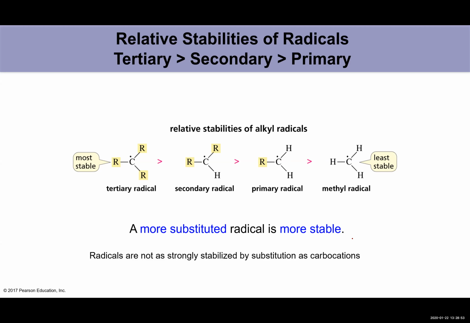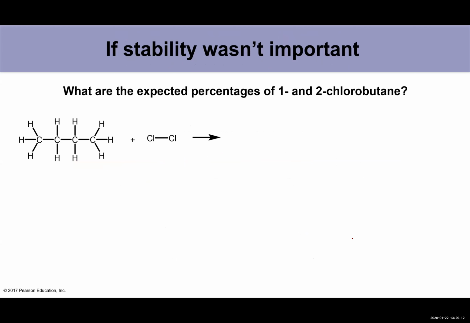Now, it's not a carbocation. It's not as electron deficient. So the difference between a primary carbocation and a tertiary carbocation in energy is much bigger than for radicals. But it's still there, and it's still really important in determining products. Okay. So